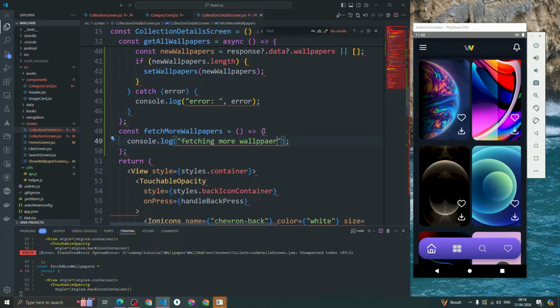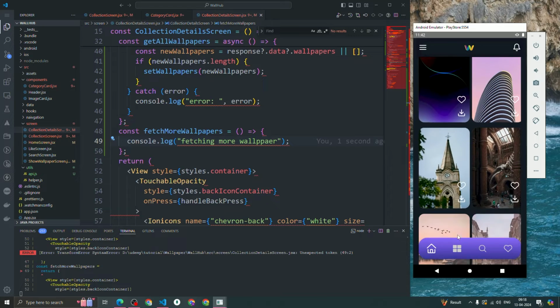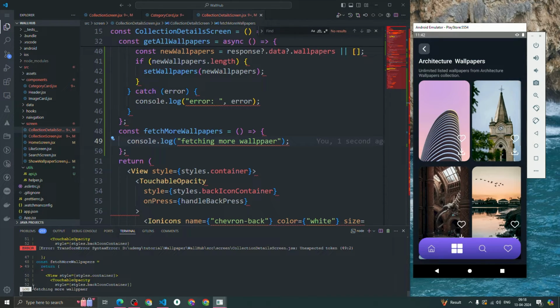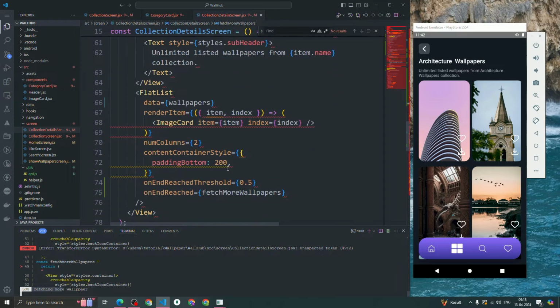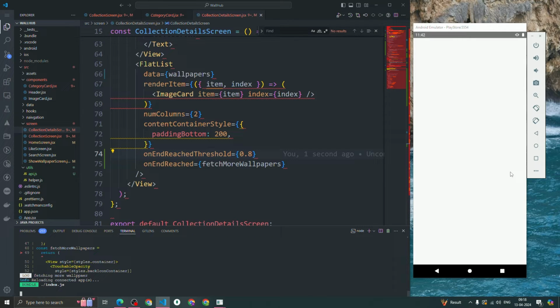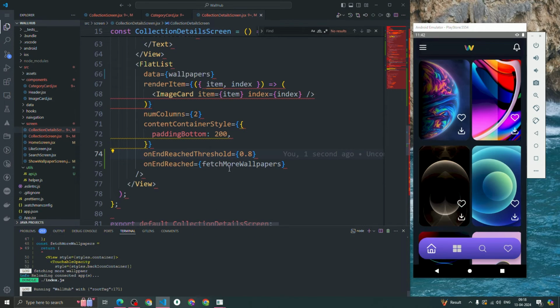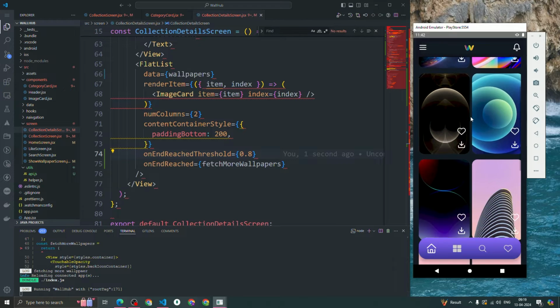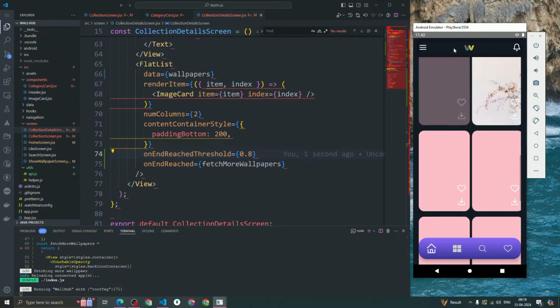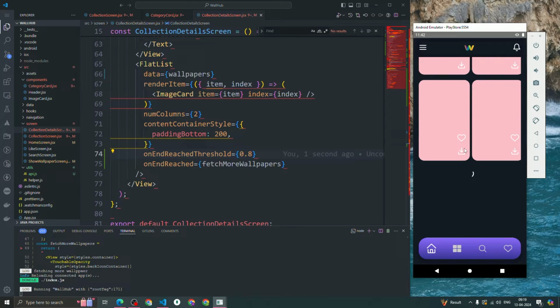All right, so let me go on the category details screen and click on architecture. You can see that it's calling fetching more wallpapers because on the viewport it renders almost half of the component. If I change 0.5 to 0.8, then once it reaches 80% of the content, it will call this fetch more wallpapers. Now if I scroll down and it reaches 80% of the items, at that point of time